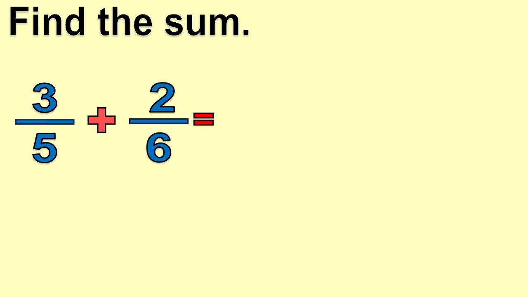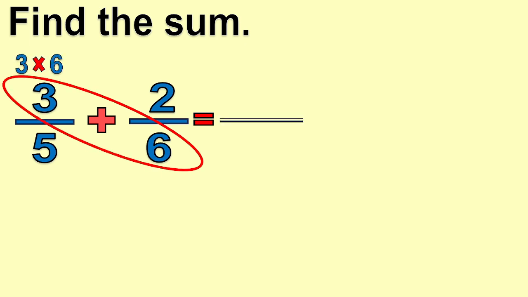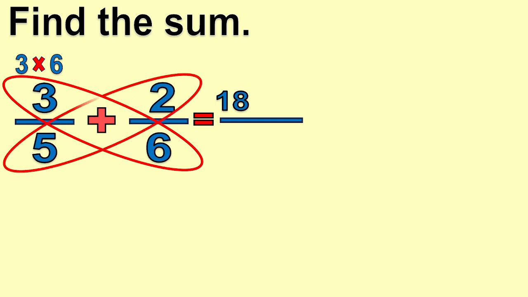Another problem. 3/5 plus 2/6. First, multiply the numerators and denominators diagonally. So, 3 times 6 equals 18. 5 times 2 equals 10. Next, multiply the two denominators. 5 times 6